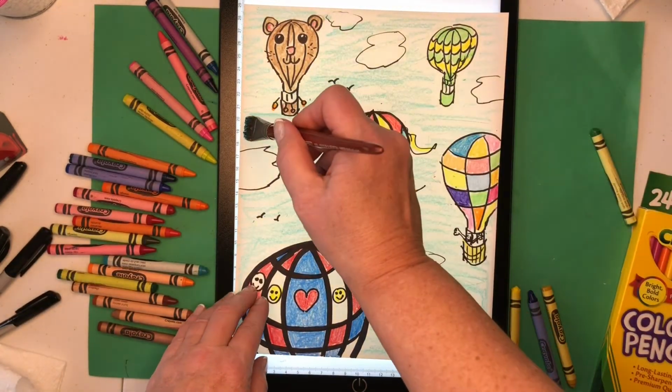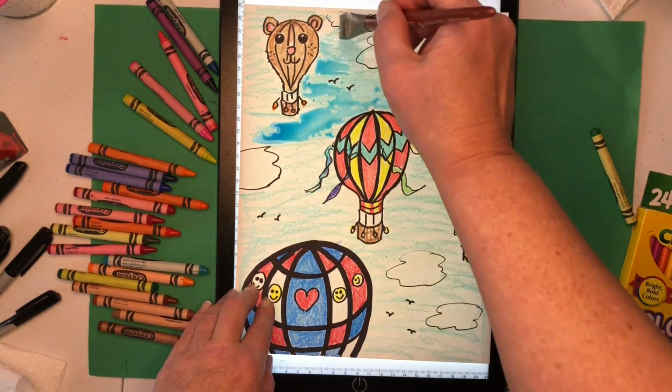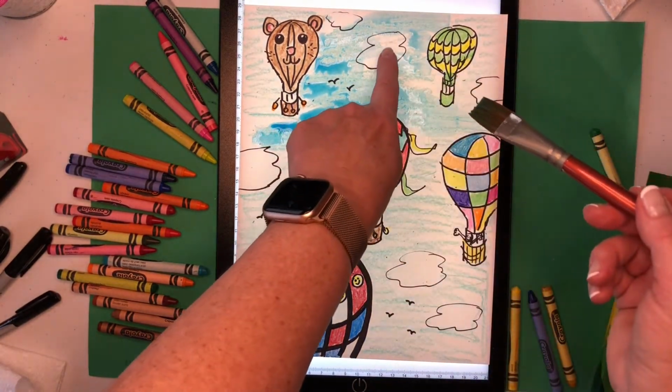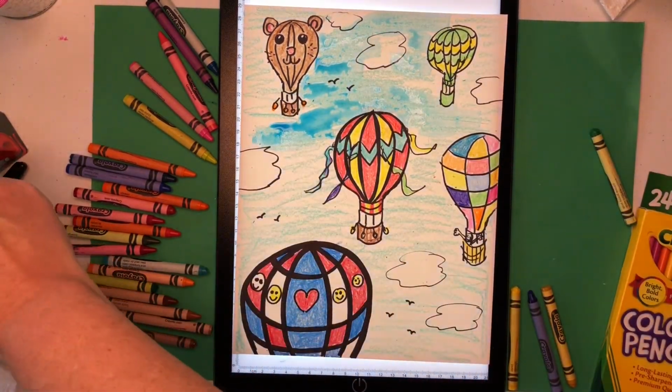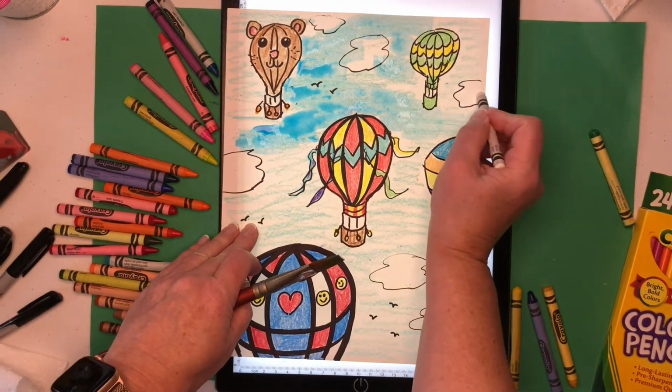And then I'm going to just paint a little bit right on top of that crayon. And what this does is it gives it a beautiful sort of watercolor wash look. I should have used a white crayon on my clouds. That would protect them from the paint. If you color in the clouds first with the white,